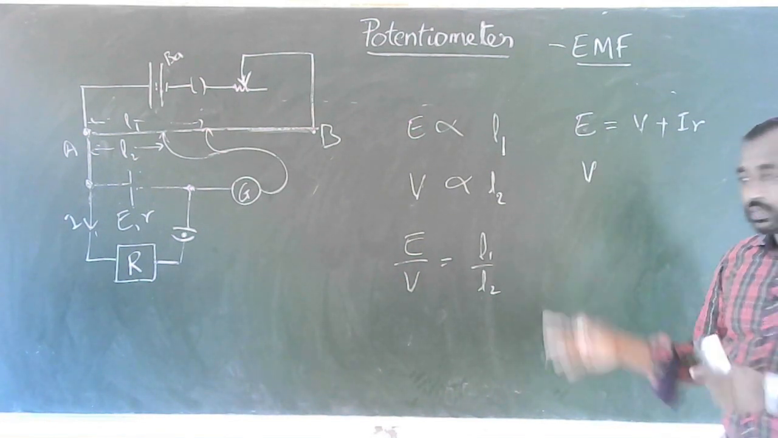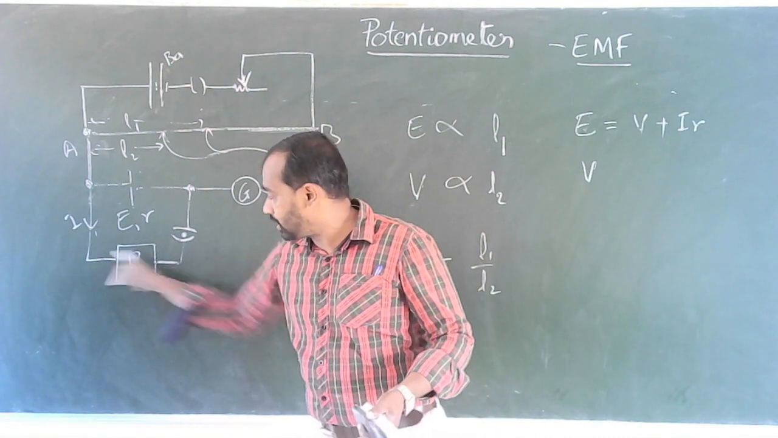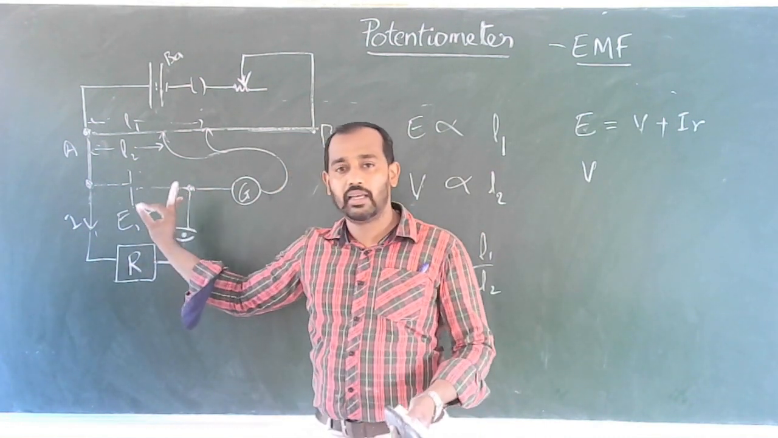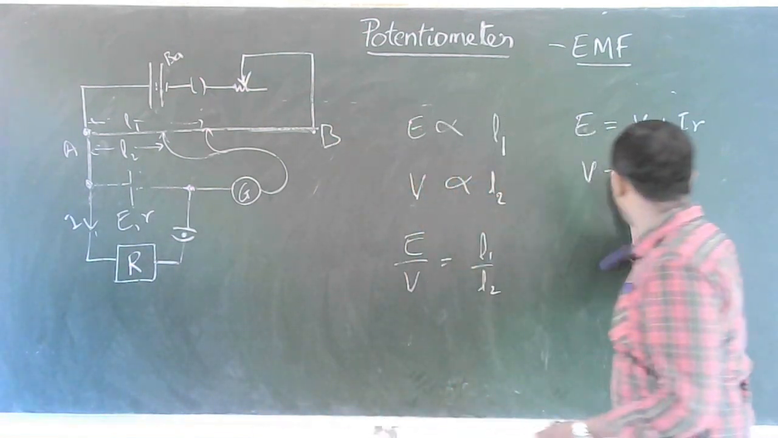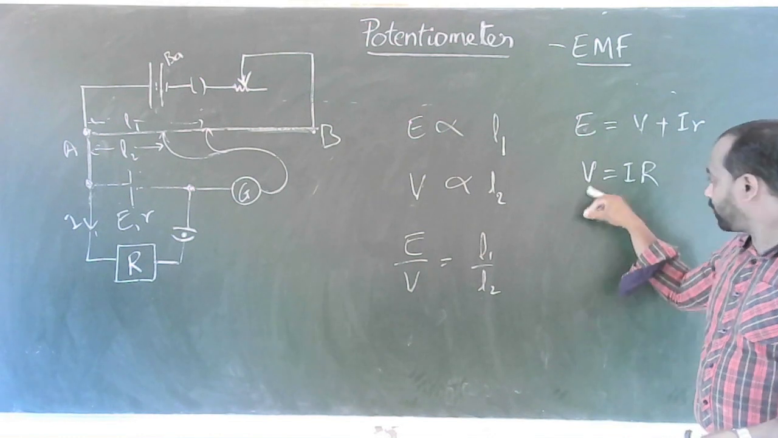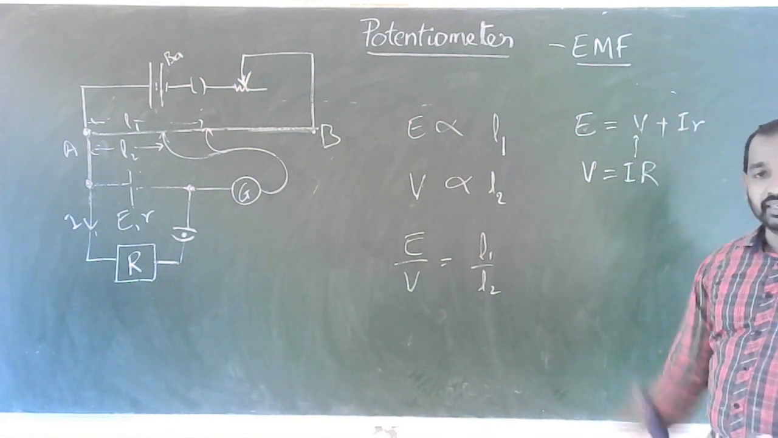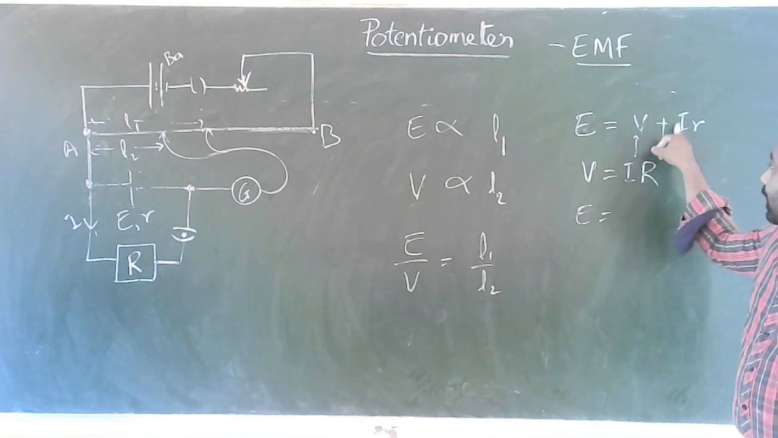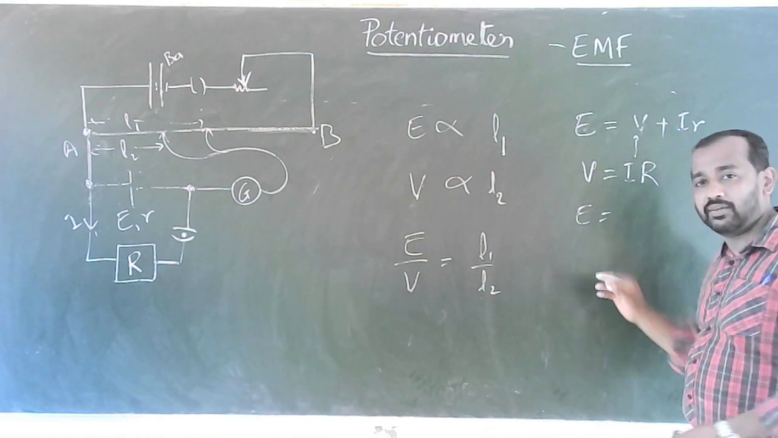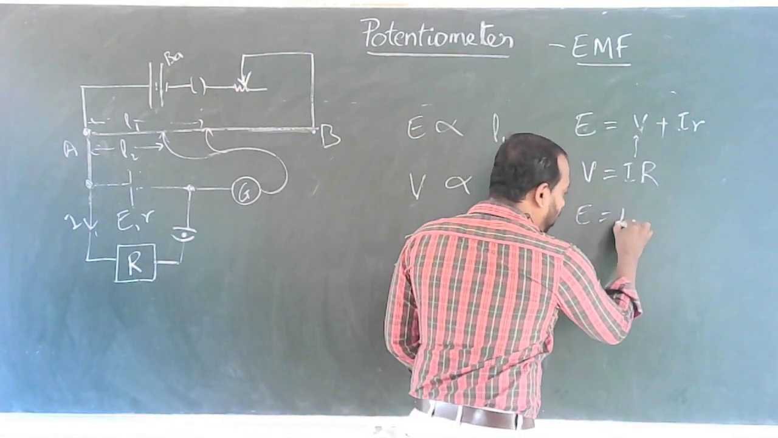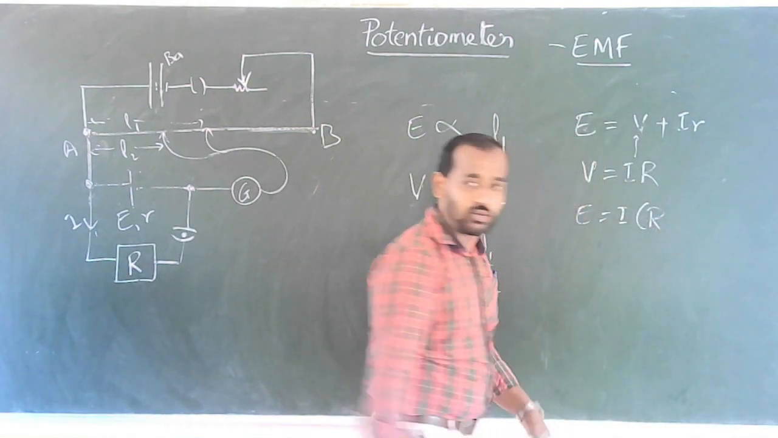And using Ohm's law, the potential difference across the resistor, which is across the cell, can be determined. How do we do that? That will be V equal to I into R. If I substitute this value for V here, we will get E must be equal to how much? IR plus small i into small r. So if we take the I common, we can write E equal to